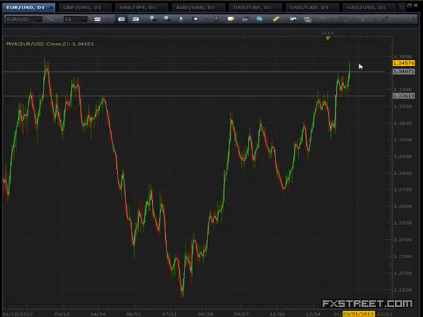And that's why it's crucial to pay attention to the $1.3485, $1.35 area when it comes to the euro-dollar exchange rate. Now, obviously, if the euro fails to produce a decisive breakout above this 2012 high, then we could see a pullback, we could see a move back to the top of that range at $1.34, which is going to be a support level.